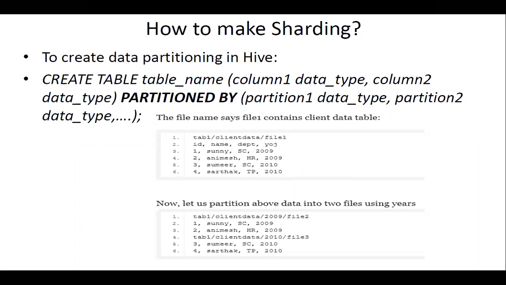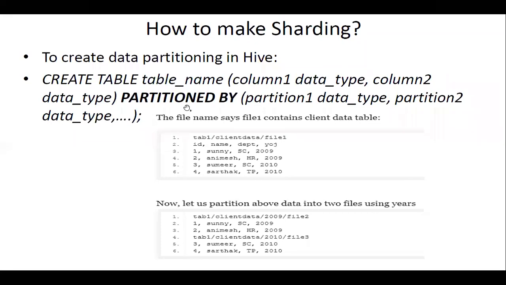So something like this, you can write a query and make a sharding or partition in the Hive environment. But again, you can see here the term we are using is sharding, but in the keyword it is partitioned by. So they are using only partition by. Maybe this is derived from your SQL statement. We already said this.